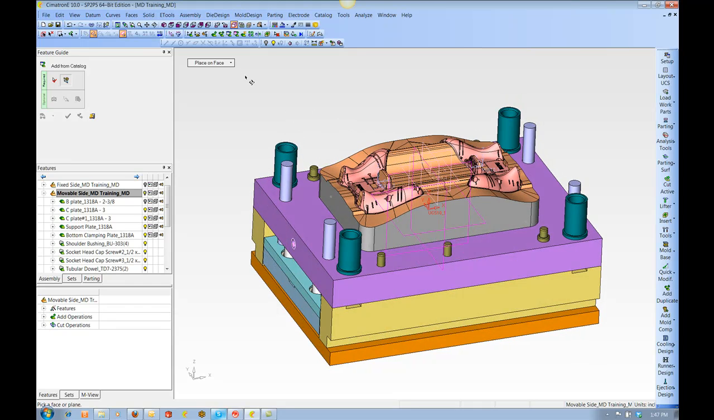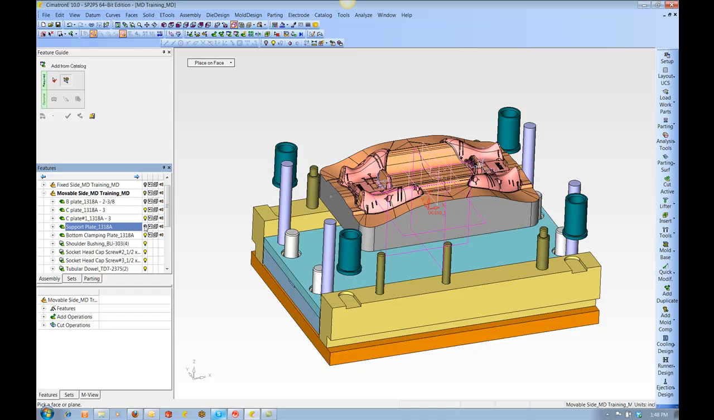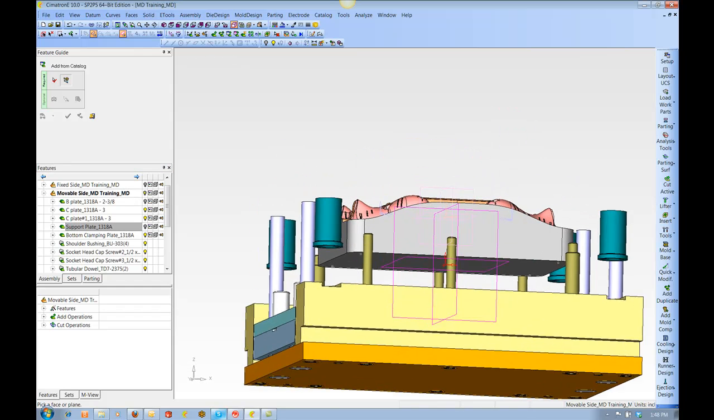Alright, now I'm going to choose place on face, but this screw catalog follows a rule. It always wants to place the screw on the inside of a body from the face that you pick. So what I mean by that is if I pick this face, that screw is going to be going into that plate, so I can't pick this face. I want to hide this face and pick the underside of the gray insert. So over here, I go to my support plate, hide it, roll it up, pick this face,